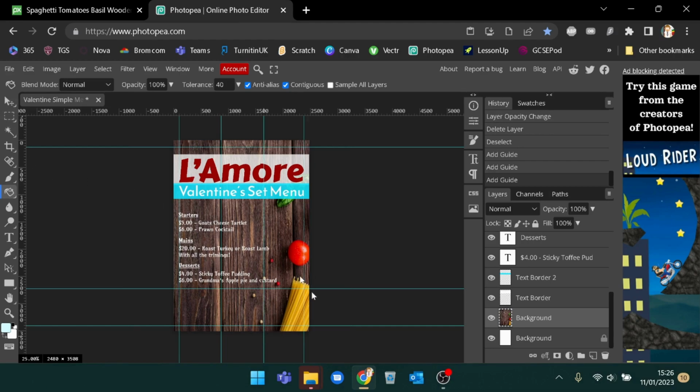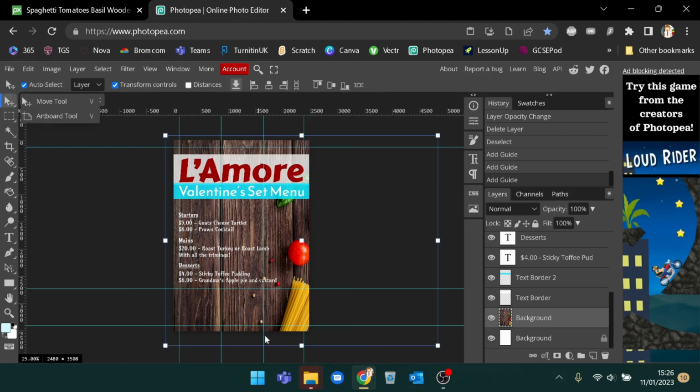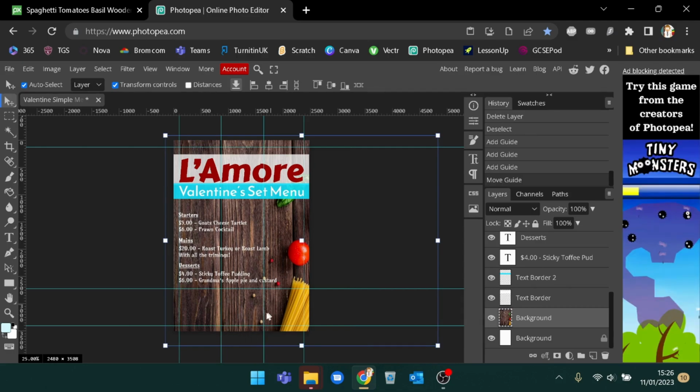right. Now if you want to adjust your guides, just make sure you've got the move tool selected, and then if you hover over the edge you should be able to adjust it. So we've got about 3 equal squares there. Now you could go around and adjust these, but they'll be fine for what we're going to do for these